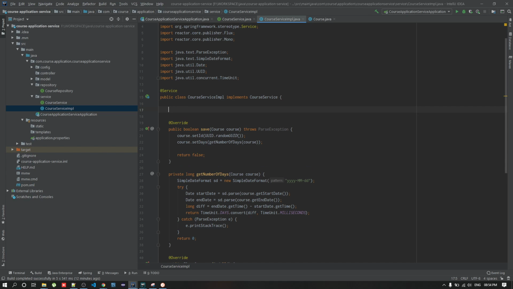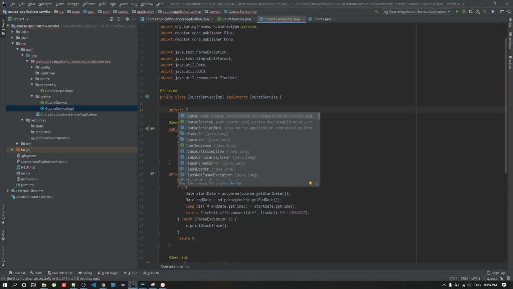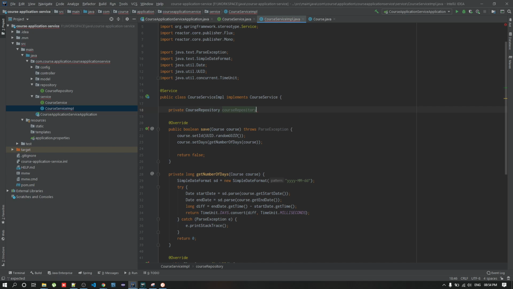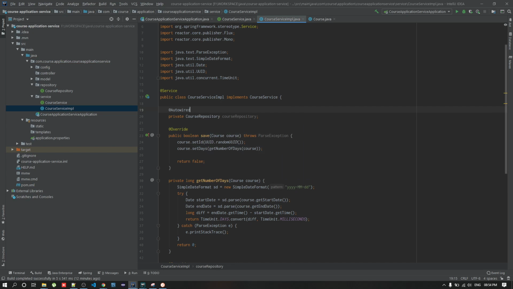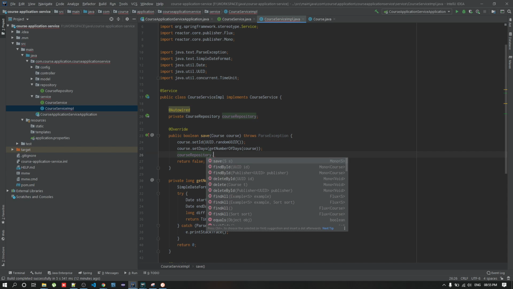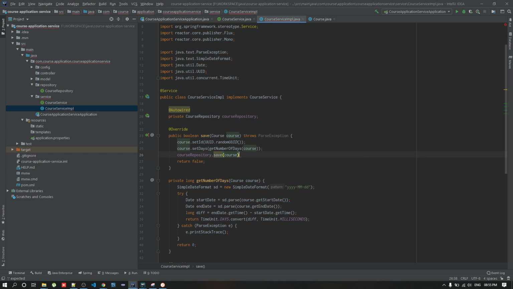Then we have to save our data. In order to save our data, we have to consume our course repository with the AutoWire. This repository will save the course. In order to save our details, we have to subscribe to this save.